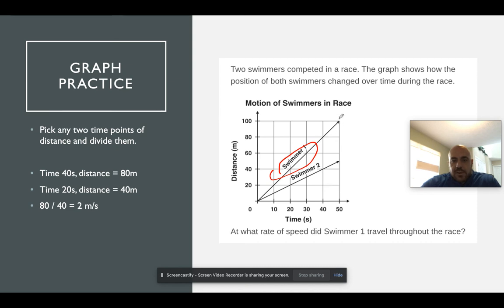So let's just say, I'm going to do different ones than are over here. You can look at this on your own, pause it if you want. But I'm going to take the top here for my 100 distance. And I'm going to take the bottom here. So remember, change in y. My y was 100 meters